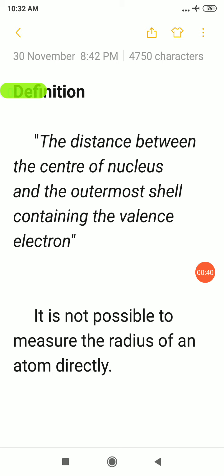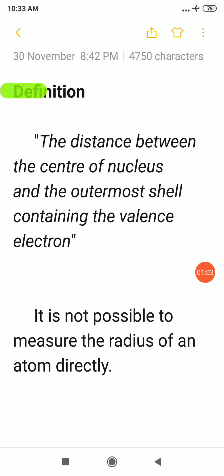Yes, it is defined as the distance between the center of the nucleus and the outermost shell containing the valence electron. That is, the distance from the center of the nucleus to the electron in the last shell is the atomic radius. Okay? So theoretically we have studied the definition of atomic radius, but practically how can we measure the radius